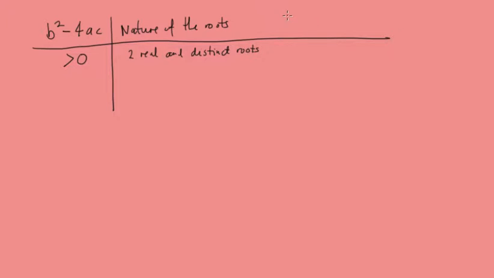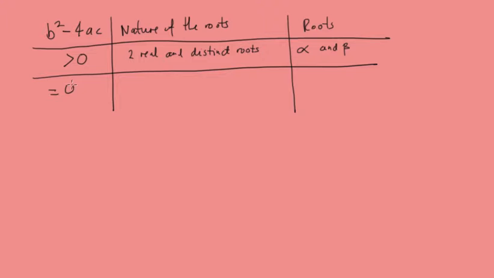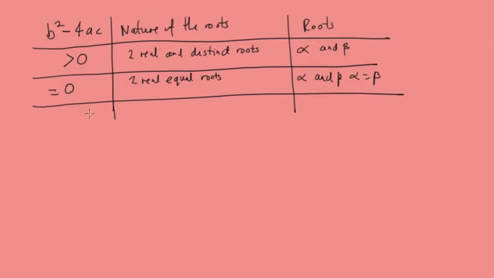And we can call the roots alpha and beta. So that's our first scenario. Now if it's equal to 0, we have two real equal roots, and so alpha and beta, where alpha equals beta. And then we have the third scenario, when this is less than 0, and we say there's 0 real roots,